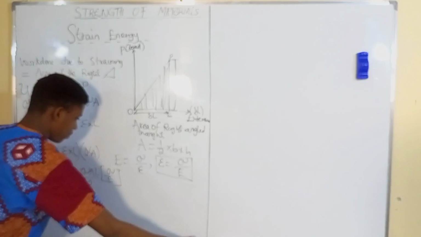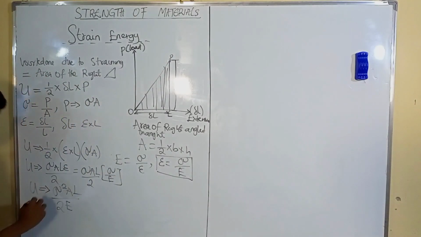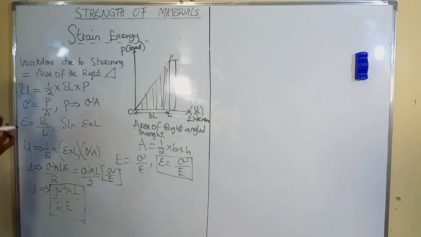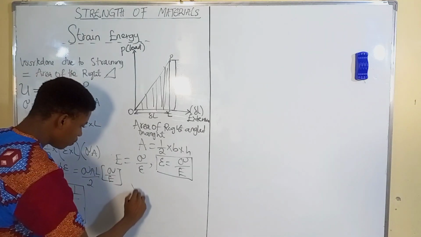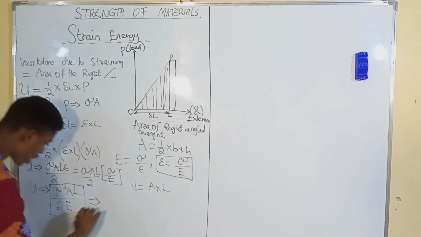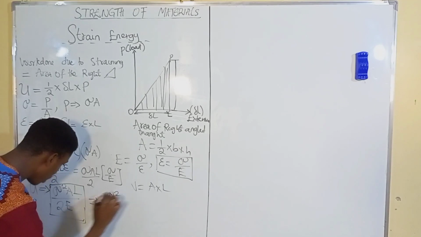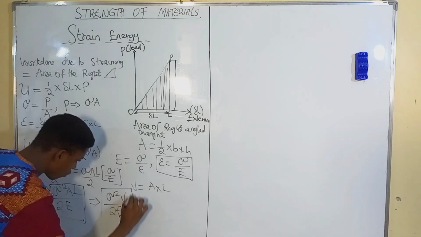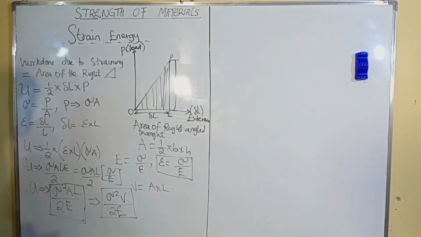Very, very important. Take note, this is the formula for our strain energy. Now take note, we have area multiplied by length. We know that volume is equal to area times length. So we can change this expression to the stress squared times volume over 2E. This is another expression for the strain energy. So let's go to sample problems involving stress, strain,